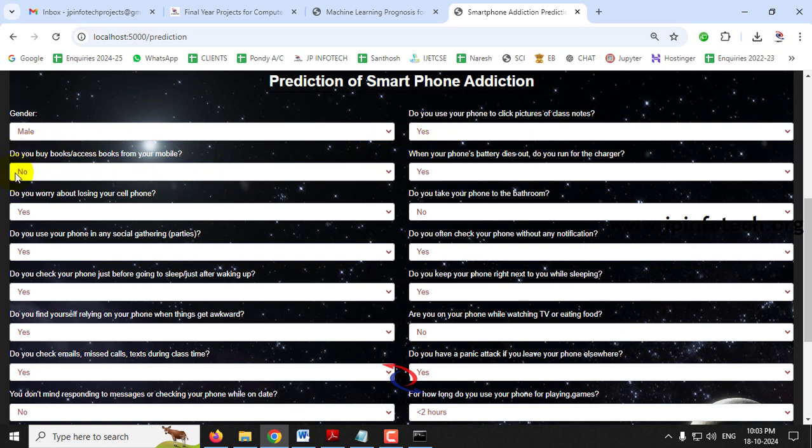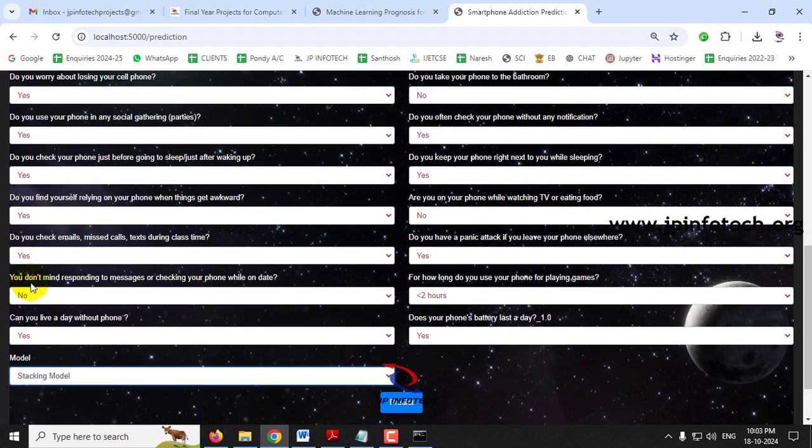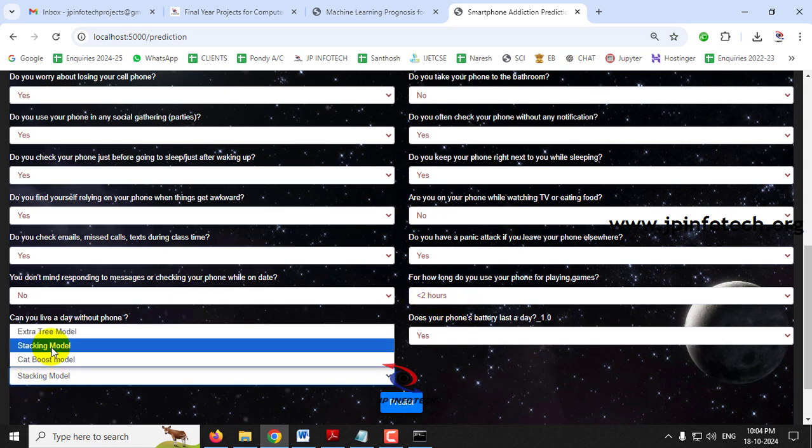So the cases which I have no is, do you buy books, access books on your phone? No. In this case, do you take your phone to the bathroom? No. And in this case, do you use your phone while watching TV or eating food? No. And do you not mind responding to messages? No. And the usage is less than 2 hours, and the model that we have selected is the second model,